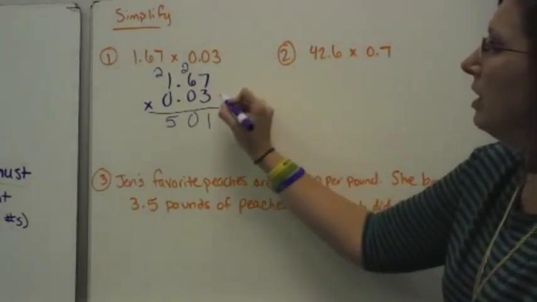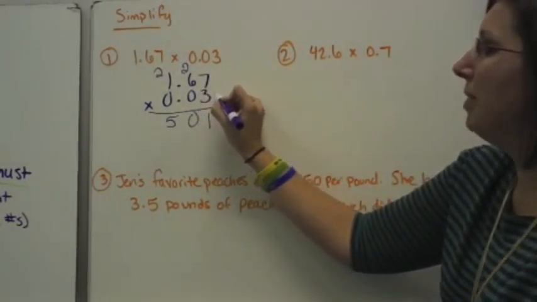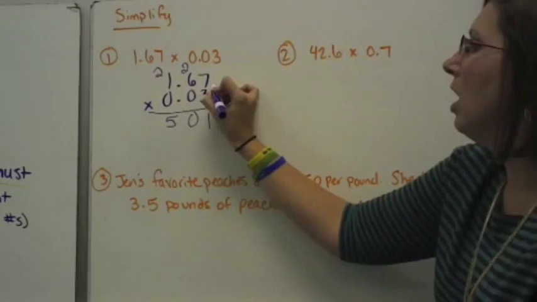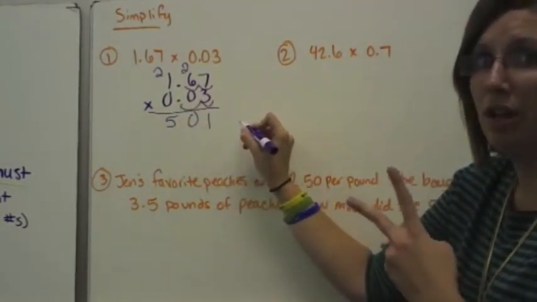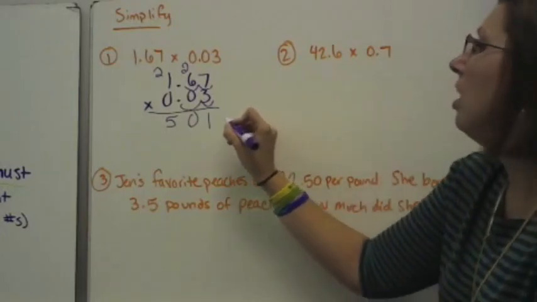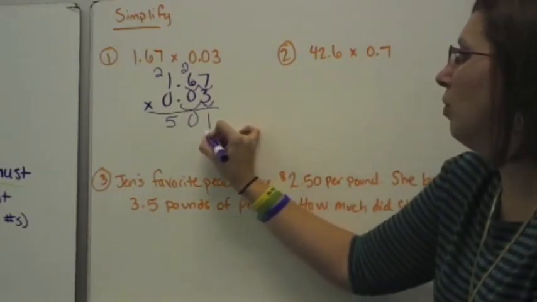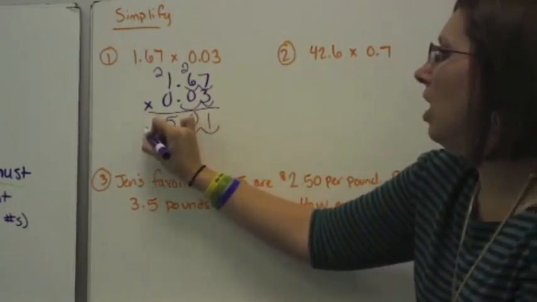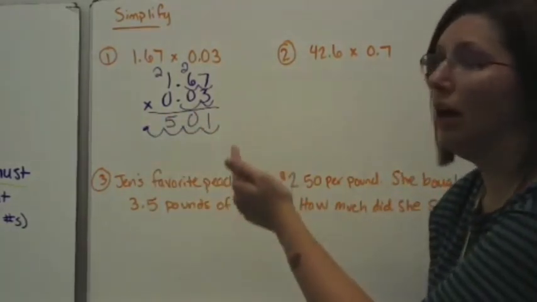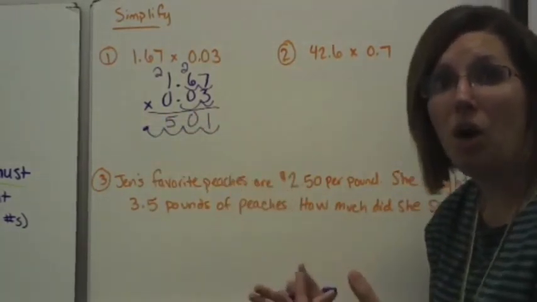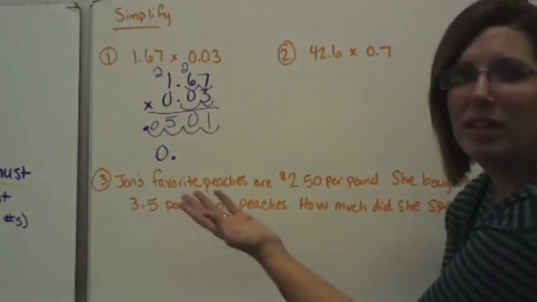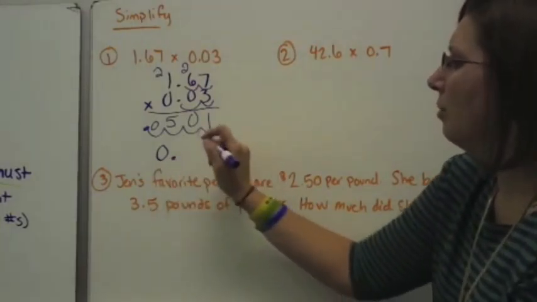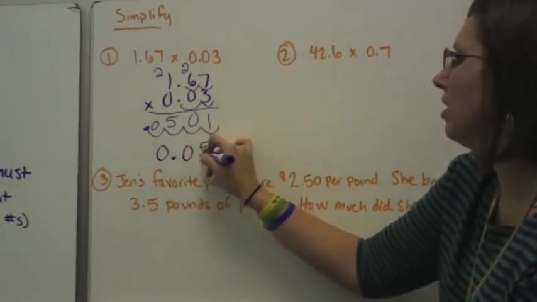The last part was to count how many digits I have behind the decimal. In my first number, I've got 2. In my second number, I've got another 2 for a total of 4. So I'm going to start here at the right, and I'm going to move 1, 2, 3, 4 decimal places. But look here, I've got a hole. I need to fill my hole with a 0. And I always like to lead off, if there's no whole number, with a 0 as well. And I'm going to fill in my answer